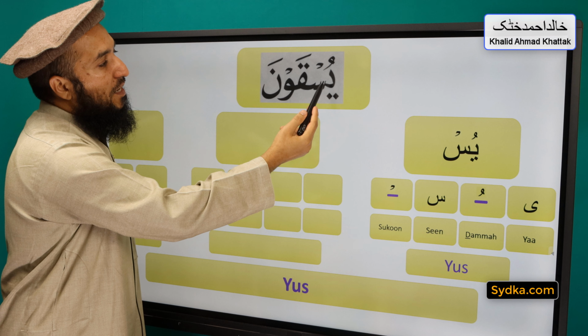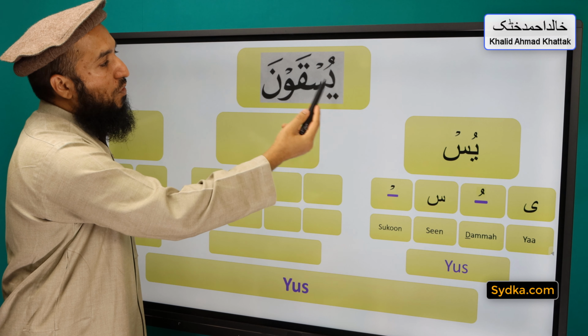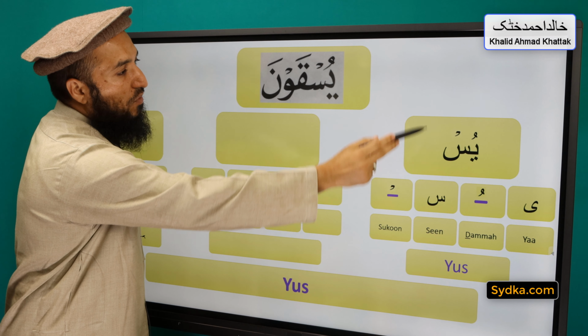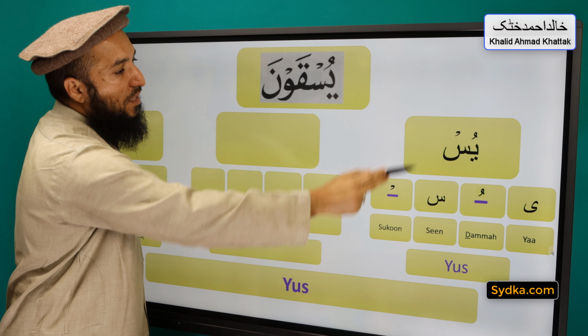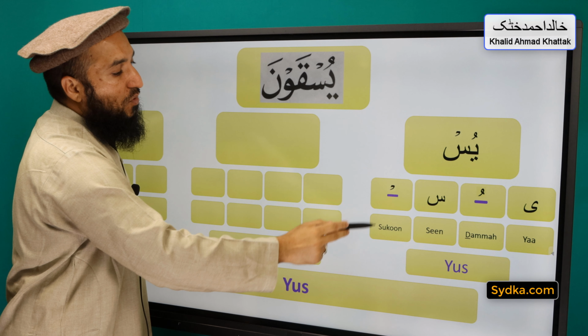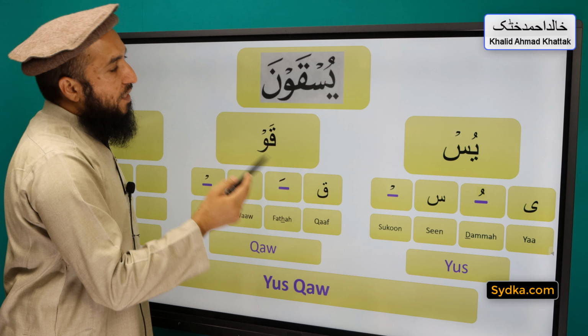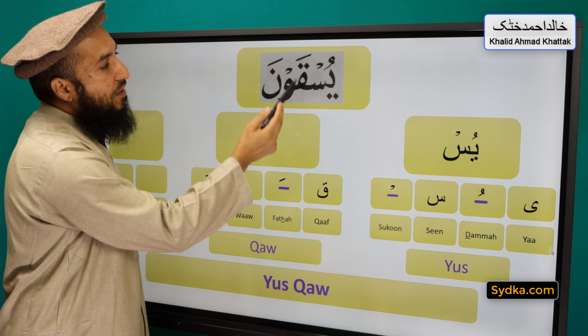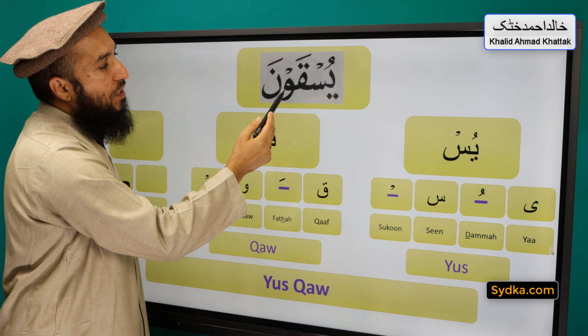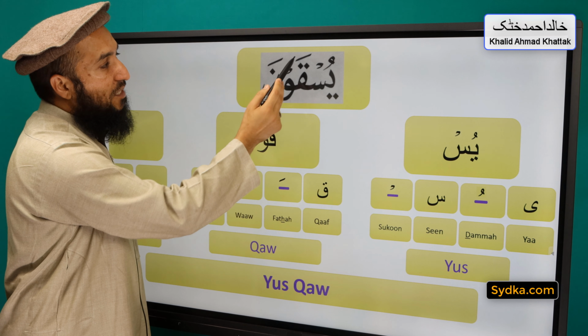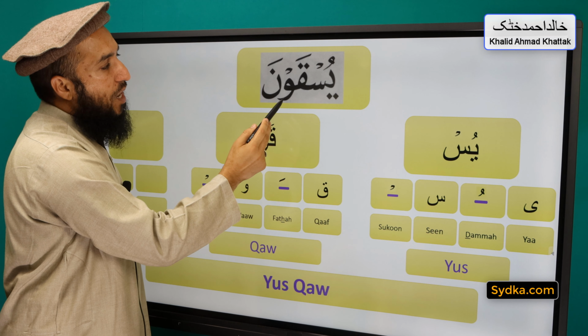a sukoon. Ya dhamma sin sukoon yus. The second syllable we have is qaf fatha waw sukoon qaw. Qaf is a heavy letter, it has fatha on top of it, it is followed by waw, and waw has